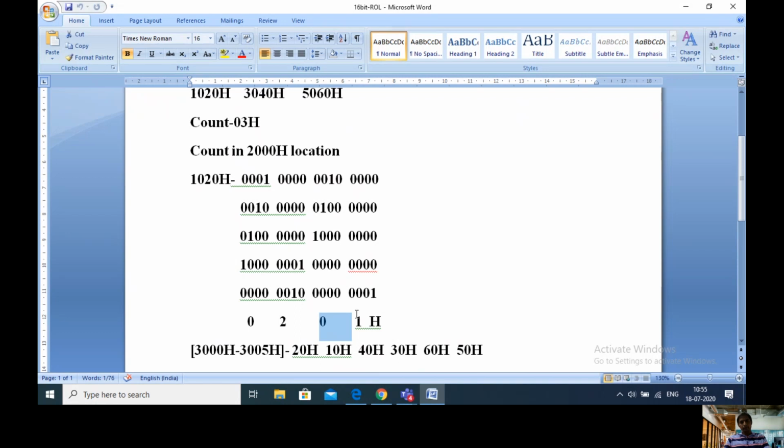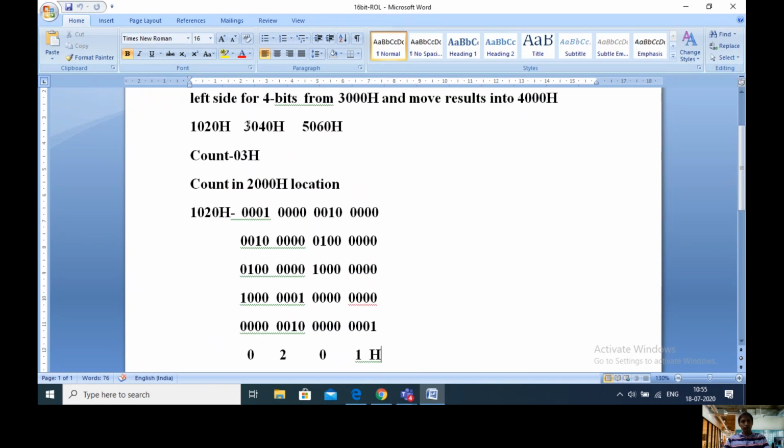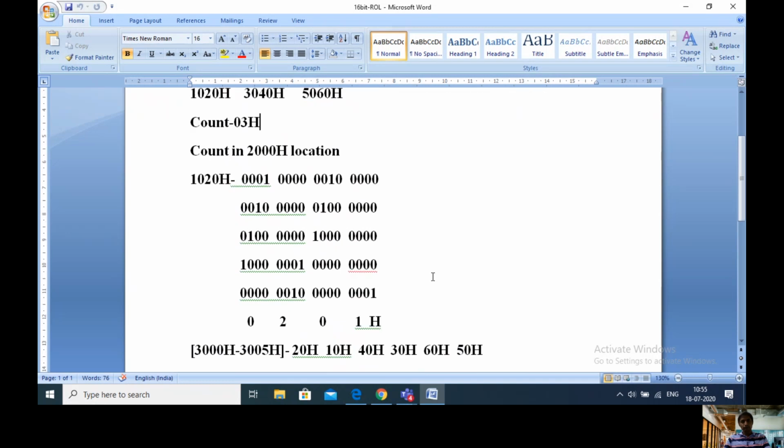Okay, 02 is the higher byte, like that. Similarly here 03 comes to the lower position and 04 comes to the higher byte. Then what is the result now? 04 is the higher byte and 03 will be the lower byte. Similarly here 05 will be the lower byte and 06 will be the higher byte. Like that we can observe the rotation of a 16-bit number by n number of bits.